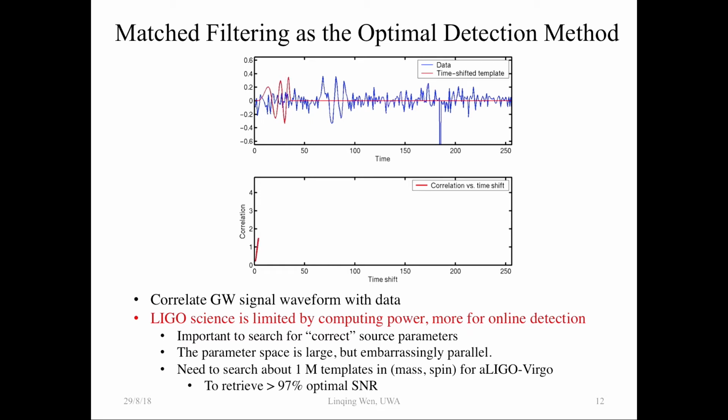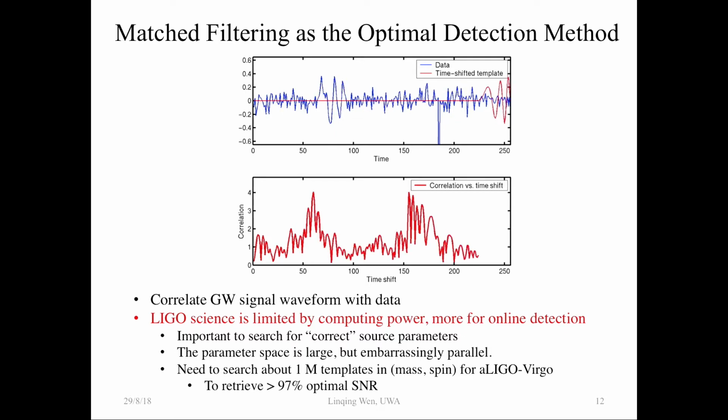So if you know the waveform, from a signal processing point of view, if it's assumed Gaussian noise, matched filtering is the optimal detection method. What you do is you take the waveform for different mass pairs and spins, say spin of the black hole and mass of the individual black holes or neutron stars, and you correlate the waveform to the data, weighted by noise. It's as simple as that. The best way is usually to do a Fourier transform, because you have this analog